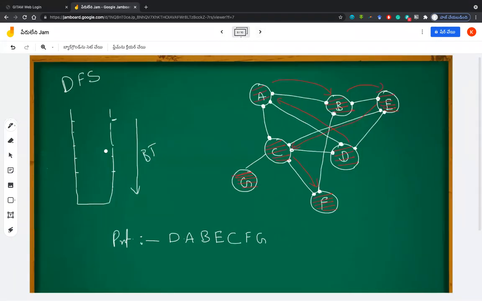But in DFS you are again coming back and checking whether they are there, again coming back and checking whether they are there. That means you are visiting a node maybe 2 times. So yes, definitely breadth first search should be more efficient than DFS. That's what I think. Okay, sir.